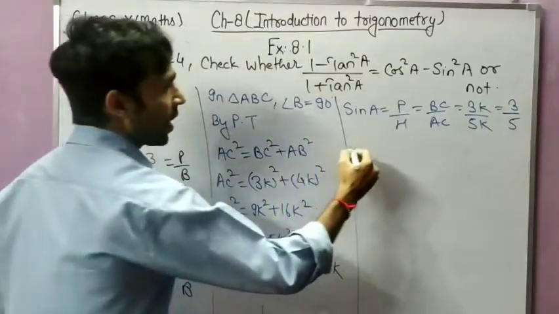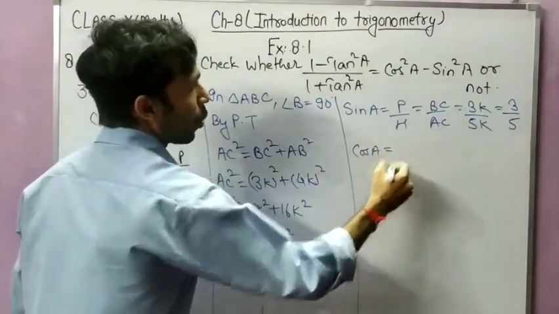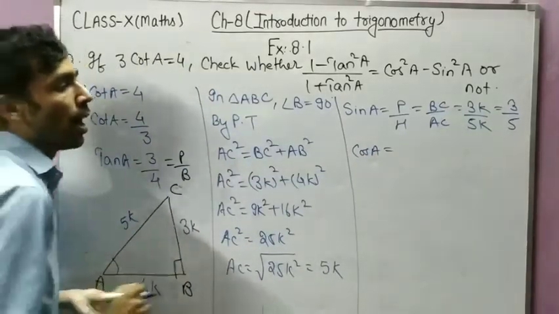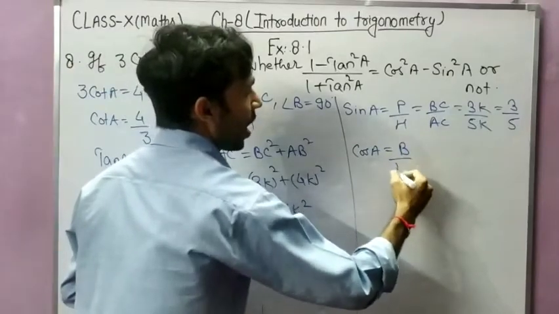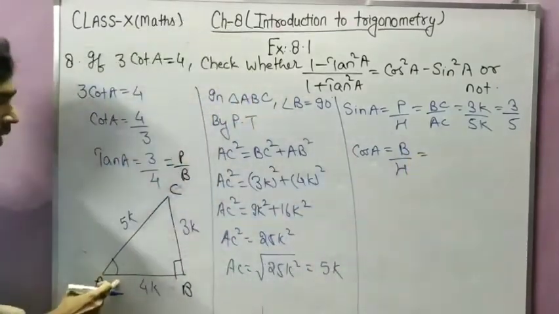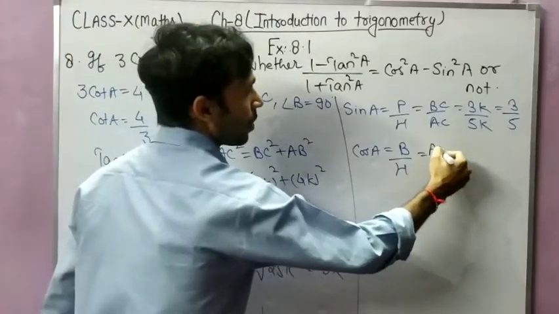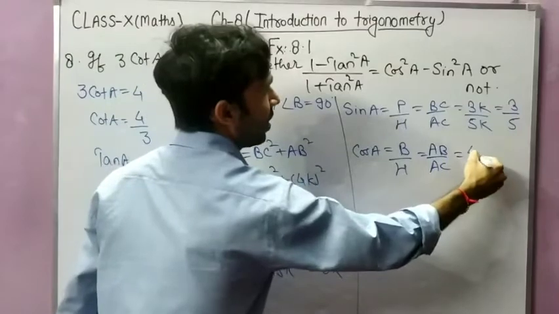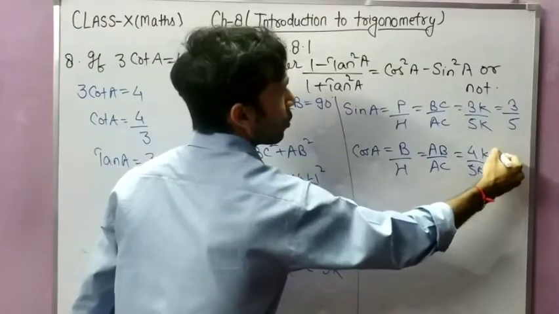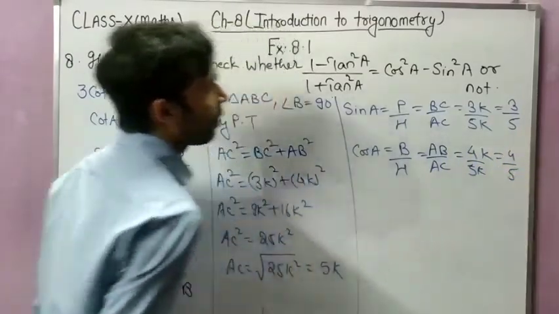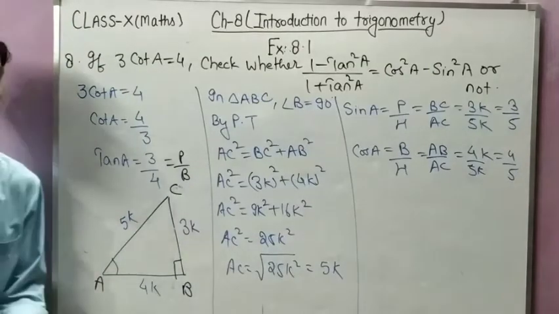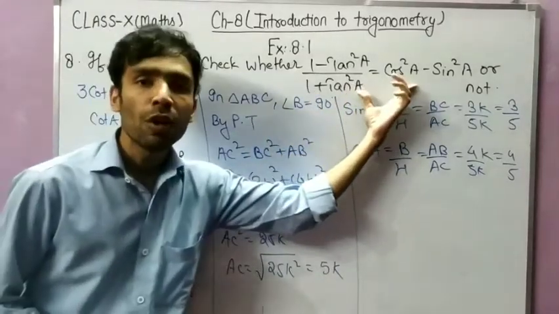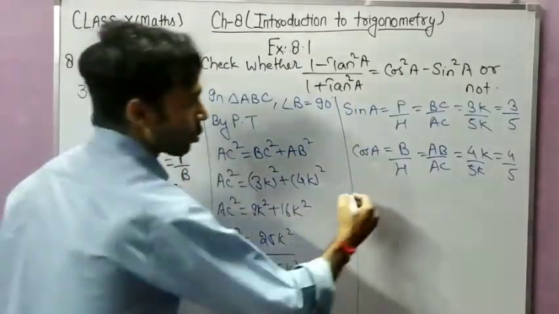Similarly, cos A we can calculate. Cos A, and cos theta we know is base upon hypotenuse. So base upon hypotenuse, for angle A, base will be AB and hypotenuse will remain the same, that is AC. So it is 4k and it is 5k. So cos A comes 4 by 5. So now whatever values we needed we have calculated. So now we have to check whether these two are equal or not. So first we will take LHS. So LHS will be